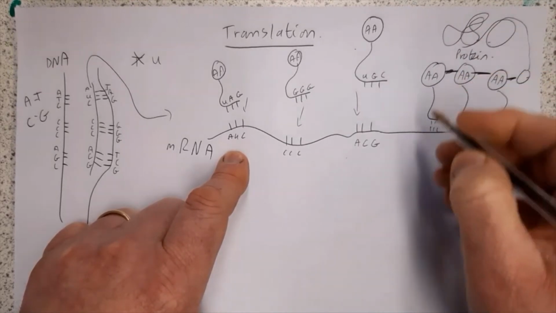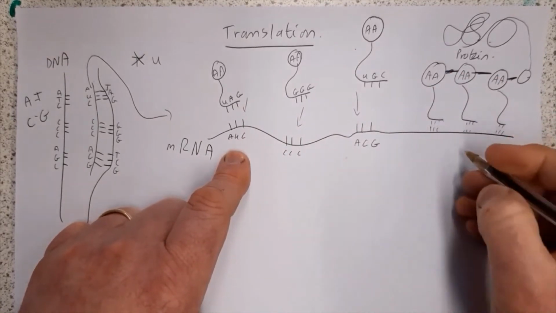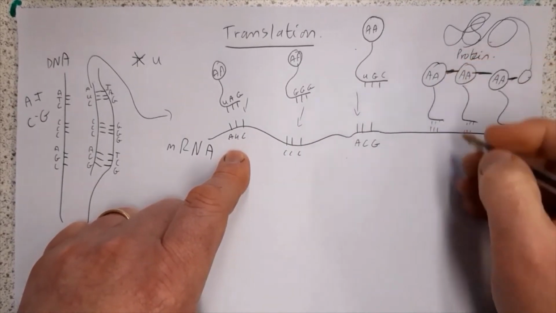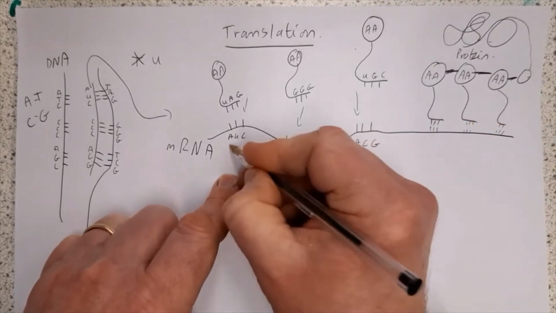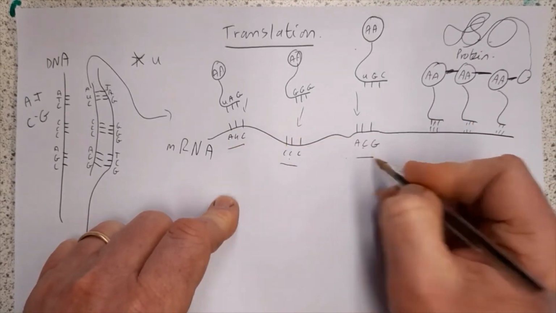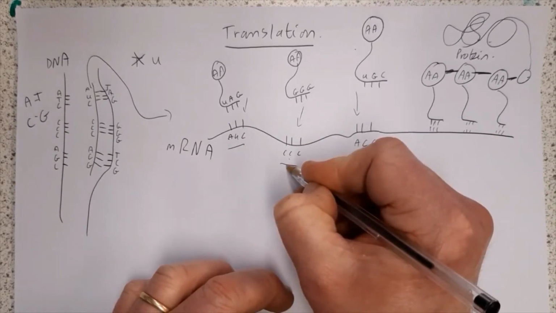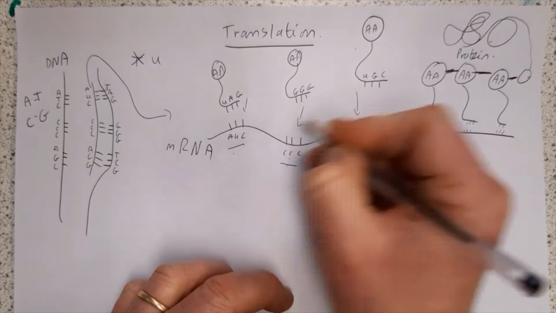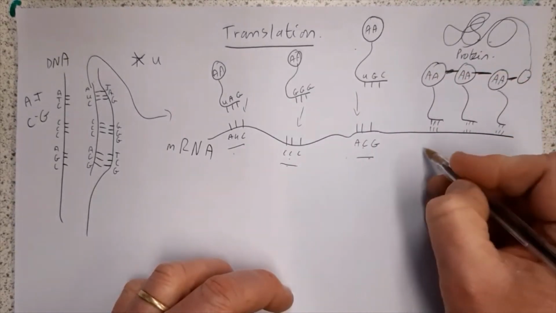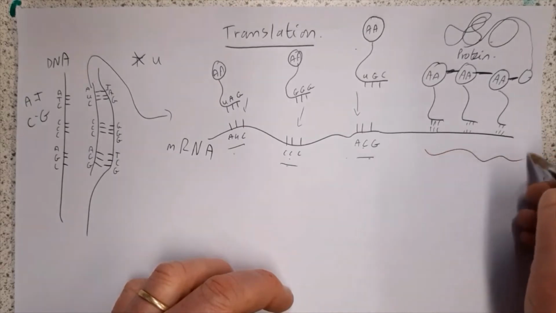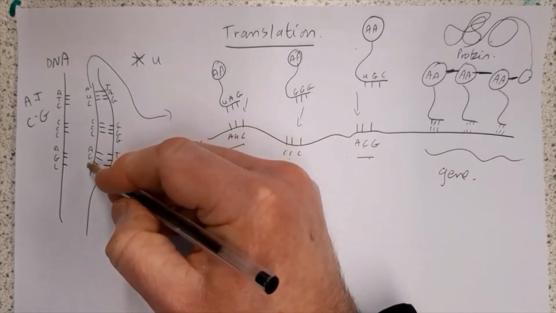Now there are about, as I said, about 20 different types of amino acid. Each amino acid is coded for by a different one of these. So one of these codons might say a particular type of amino acid, that will say a different type of amino acid, that will say a different one. So you end up with lots of different amino acids all put together in a particular sequence. So the gene here that's been transcribed